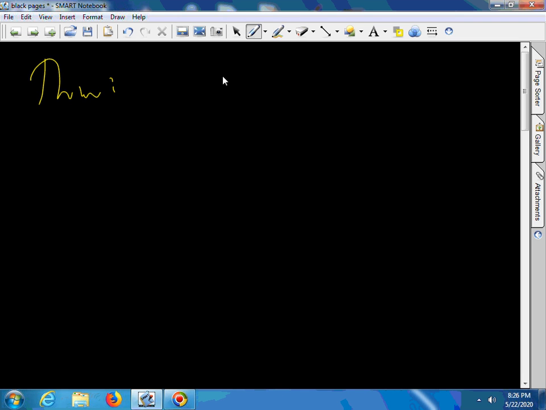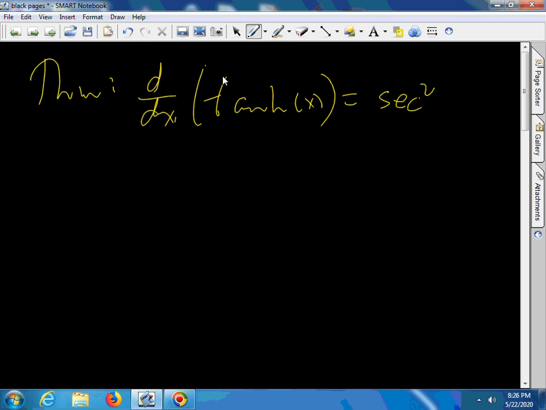theorem. What is the derivative of the hyperbolic tangent of x? It's going to be hyperbolic secant squared of x. And this is going to be from the definition. The derivative of